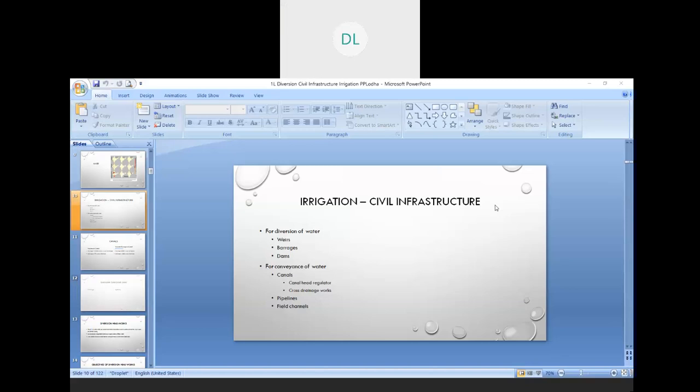If we think of this subject, then there are the design of weirs, barrages, and canals, and you are going to learn the theory, concepts, and design procedure for all three major structures of the diversion. But before moving on to these three diversion structures, we need to understand where they are located, how they are located, how they will hold the water, and which kind of forces they are going to deal with.